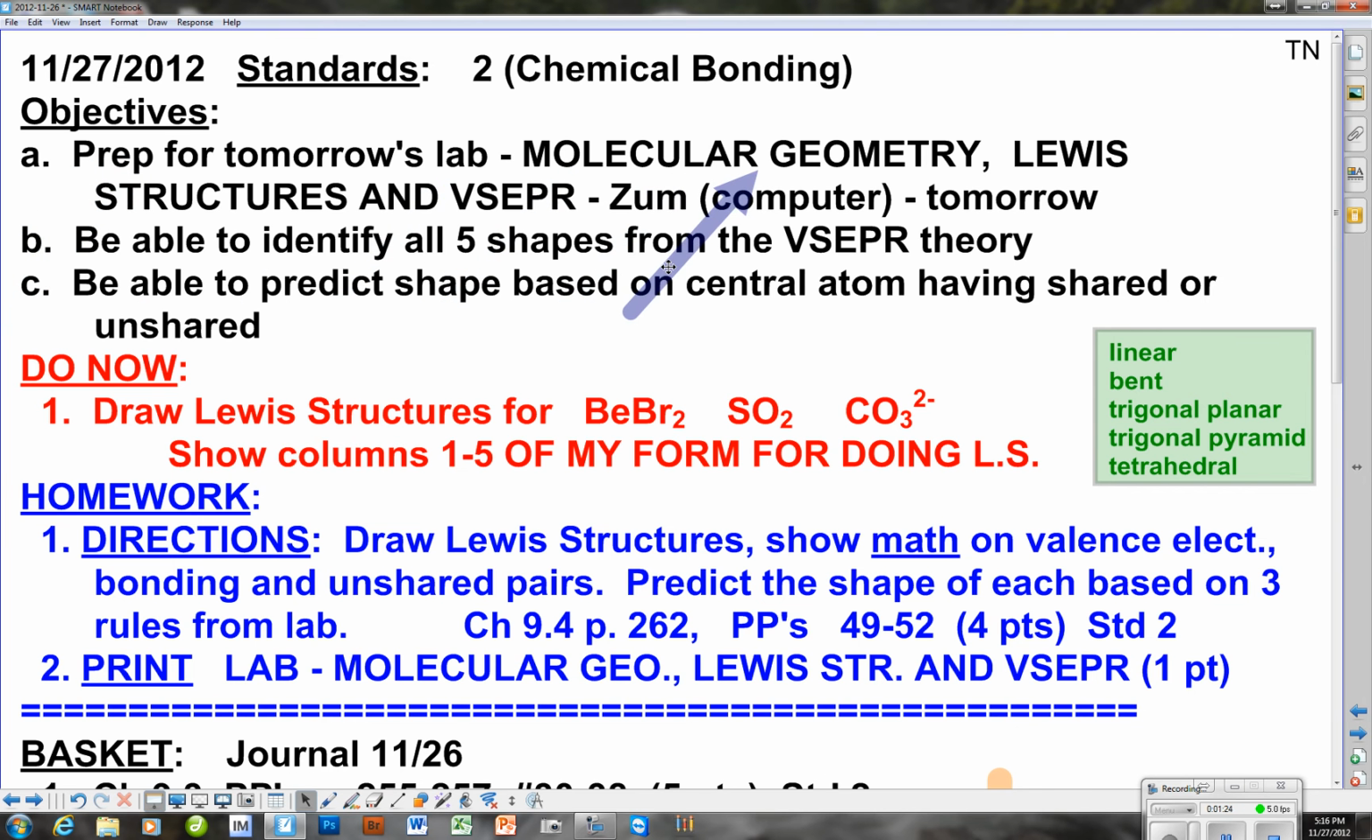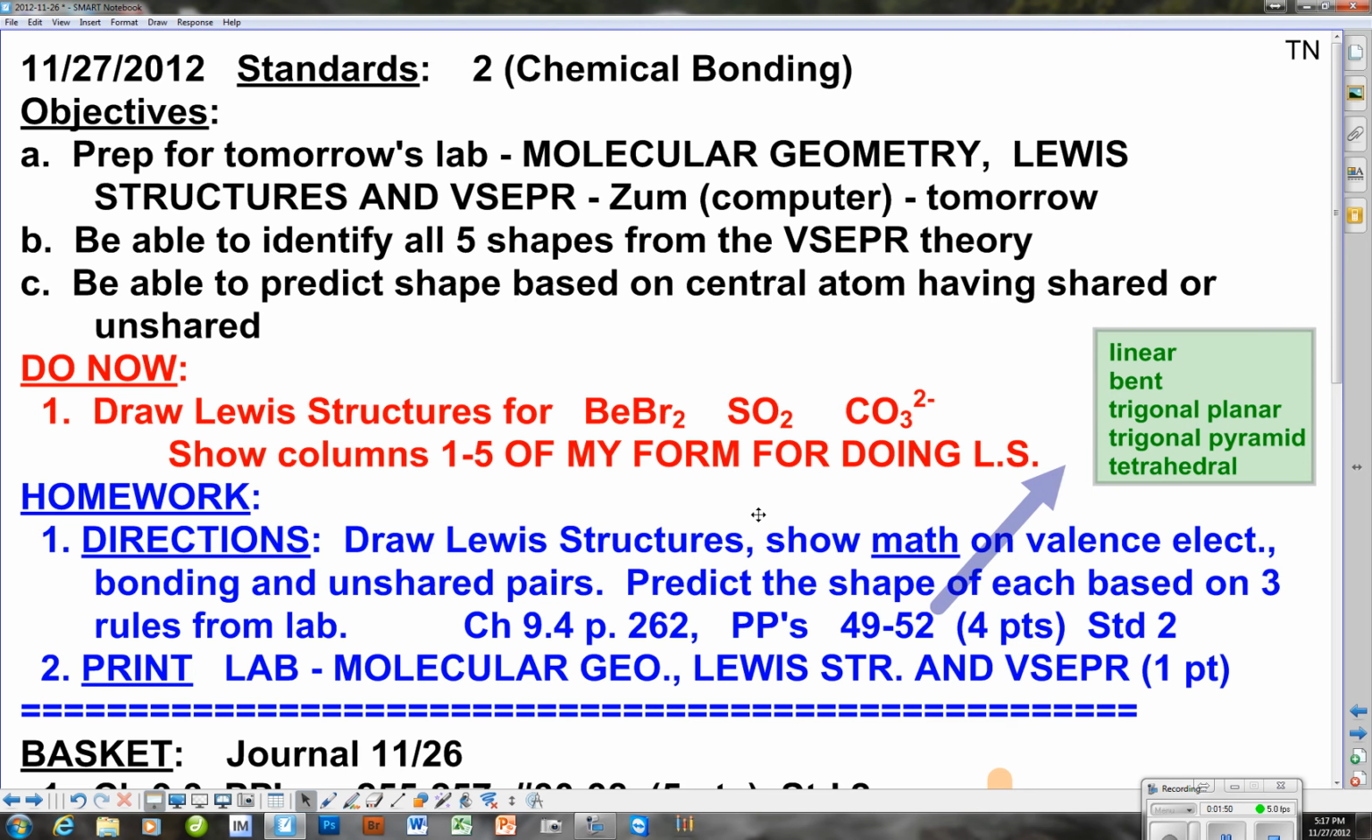We're doing a molecular geometry lab where Lewis structures and VSEPR, valence shell electron pair repulsion, are used. And then I want my students to be able to identify all 5 shapes from the VSEPR theory. Now these aren't all the shapes, but these are the 5 that we require: linear, bent, trigonal planar, trigonal pyramid,